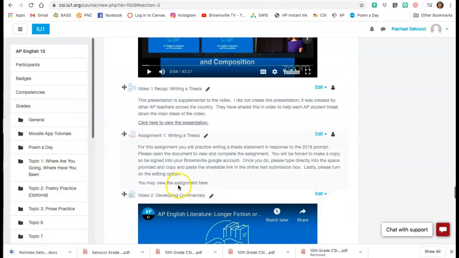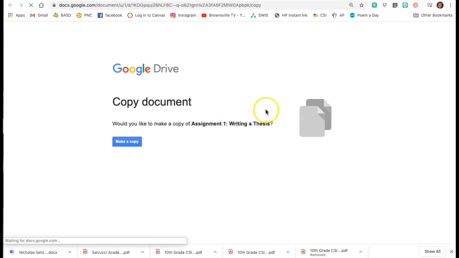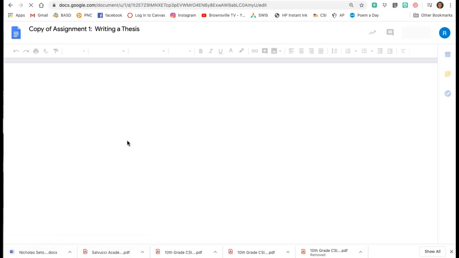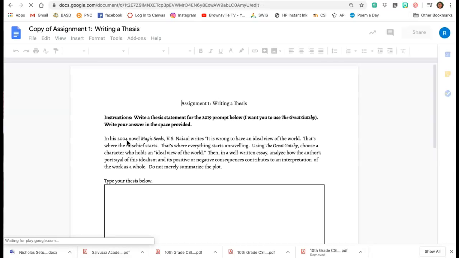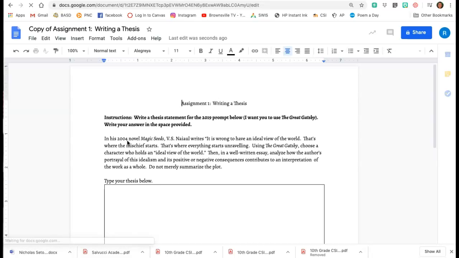And then your assignment for this is you're going to be writing a thesis. So I have you use 2 novels that you've read already. So for assignments 1 and 2, you're going to use The Great Gatsby, and for assignment 3, you're going to use Frankenstein. And I purposefully wanted to